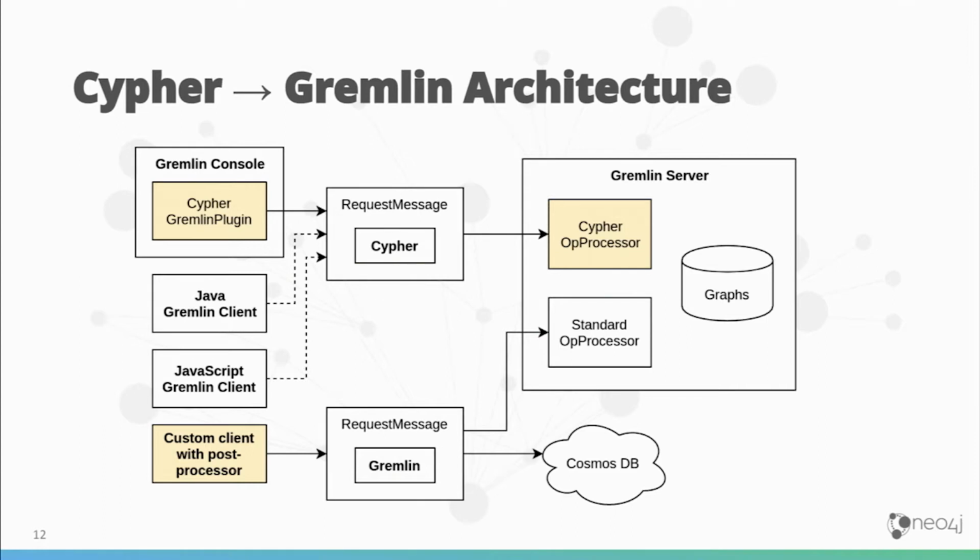And there is Gremlin, the language, that could be used across other things, not just the Gremlin server itself. And one implementer of the Gremlin language is Cosmos DB. So they have a completely redesigned and remade instance of a service that accepts Gremlin queries. And what the toolkit allows you to do is actually either send Cypher directly to a Gremlin server and then